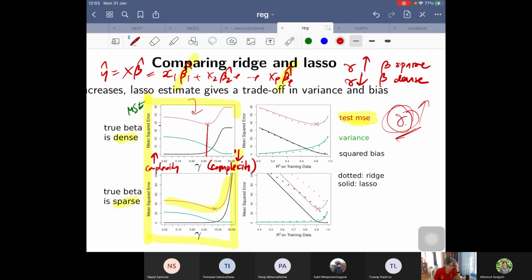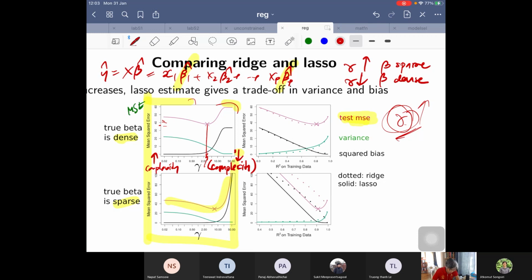This is one way you can do it: you can plot the MSE on another data set, one that you don't use for training. Then you look at the test MSE, find the minimum one, and pick that gamma to be the one you use, because that is the value that gives the minimum generalization error. All right, but what I wanted to say is that if I mark the value of